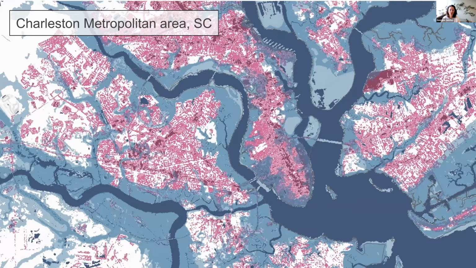Okay, now let me demonstrate how everything really works here. So I'm going to dive into the Charleston metropolitan area. This is coastal South Carolina, a low-lying region experiencing rapid urbanization, where we know that the natural and coastal ecosystems are threatened by the coastal squeeze, or this compound pressure from sea level rise and urban development. So this is the perfect location to really understand the interactions between flooding and adaptive response.